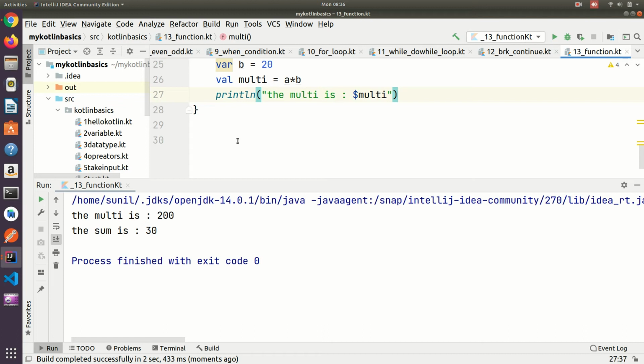Now what I'll do, we have seen a simple function. Now I'm going to write the code for a parameterized function and return type. So what is a parameterized function? First of all, a parameterized function, you have some setup of code, and in that